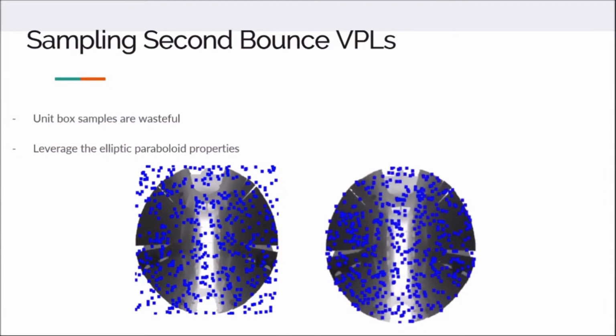There are lots of samples that end up falling outside of the region. We use a disk sampling method based on the properties of the paraboloid we use to render. In this case, our paraboloid is not only elliptical but circular as well. This means that any horizontal cross-section of this paraboloid defines a circle in the plane. This validates our method.